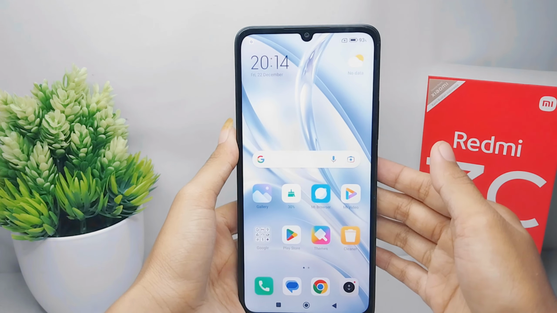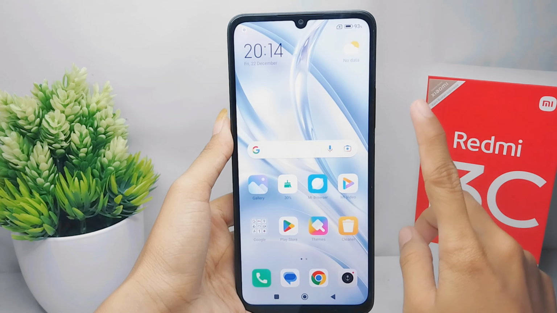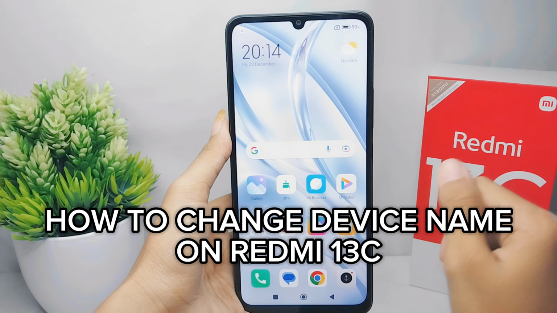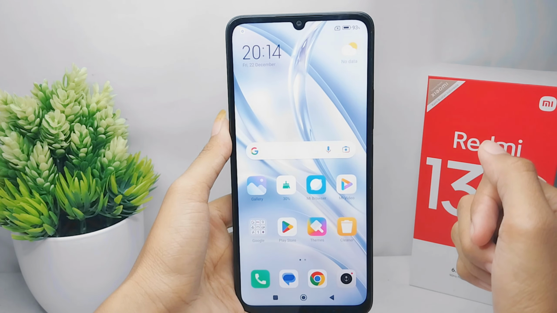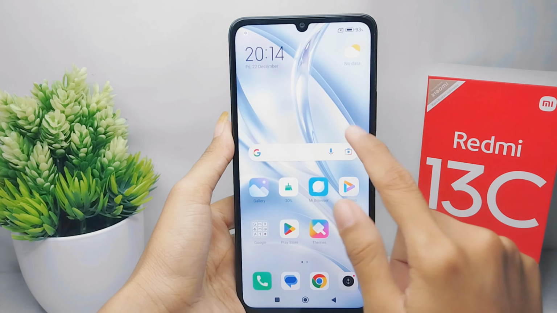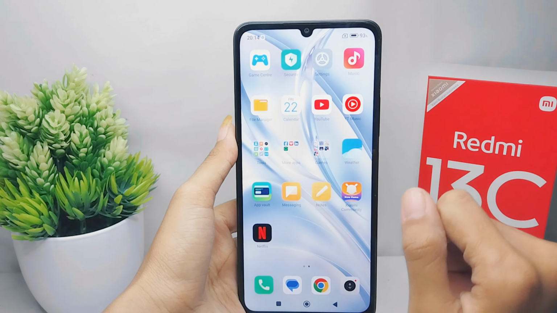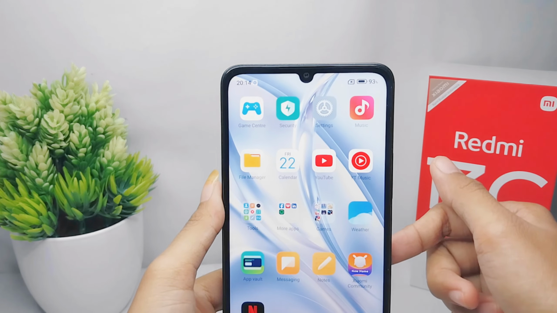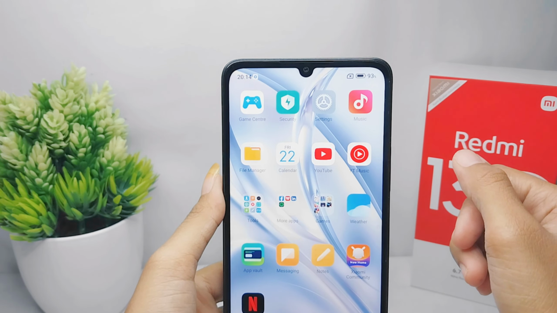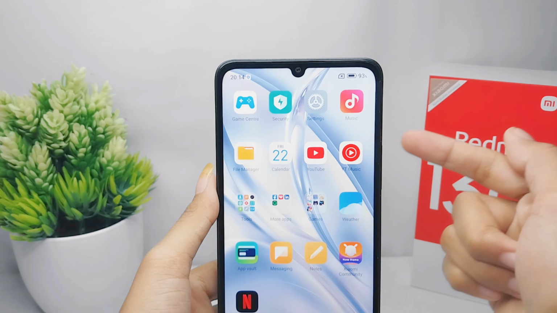Okay, hello everyone. Here I want to provide a tutorial on how to change the device name on a Redmi 13c device. Okay, let's go to the tutorial. Well, the name on the smartphone turns out to be quite important, especially to give a difference between your device and